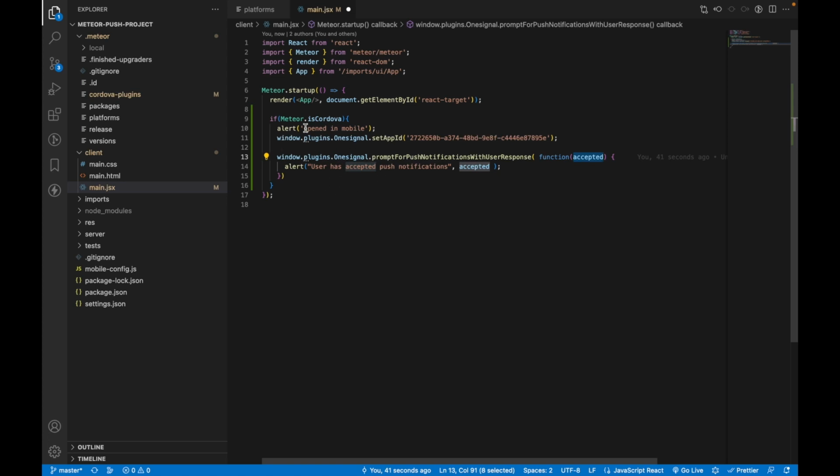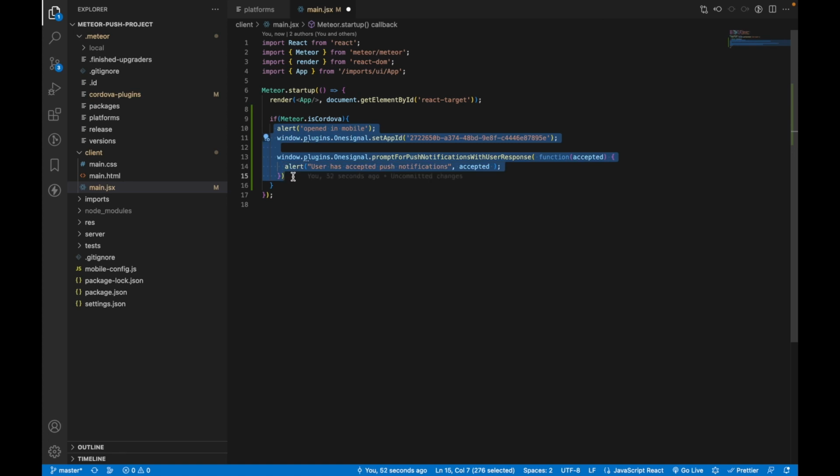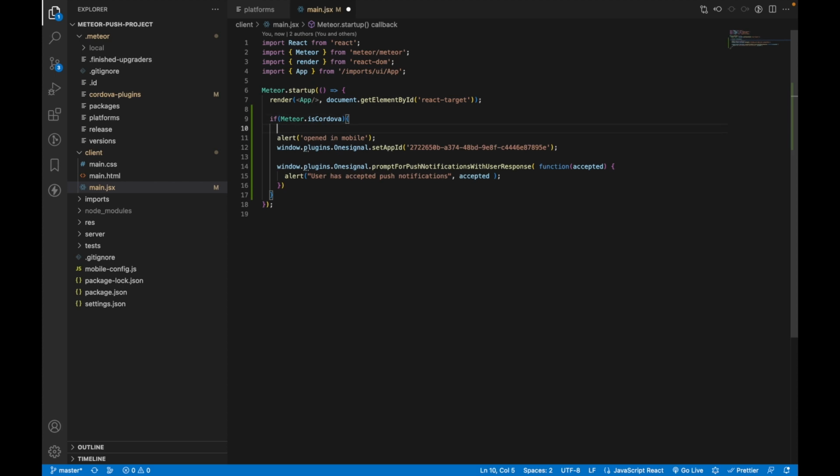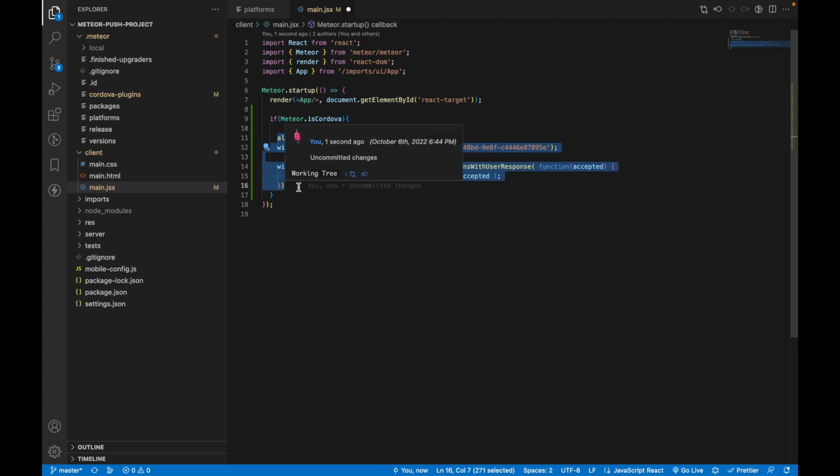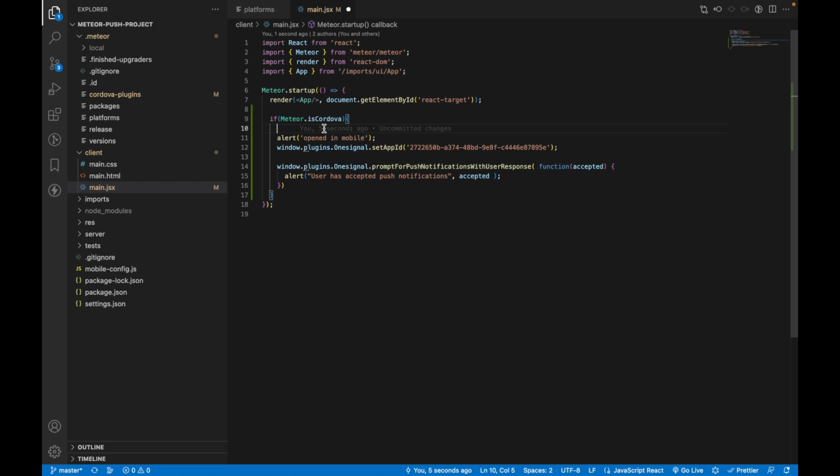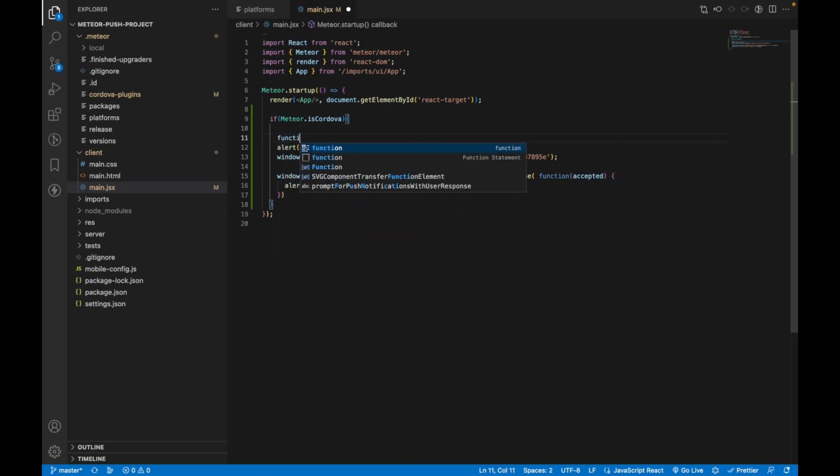Now these two things we cannot call them directly. This thing should happen first, but we cannot call them directly. So what we have to do is wait for device ready. We have to wrap these two things inside a method which will be called when our device is ready, right? So I'll quickly wrap these two inside a function